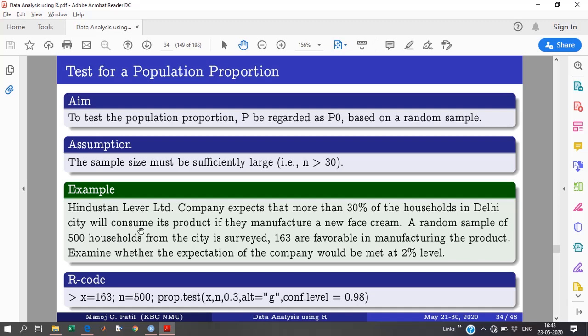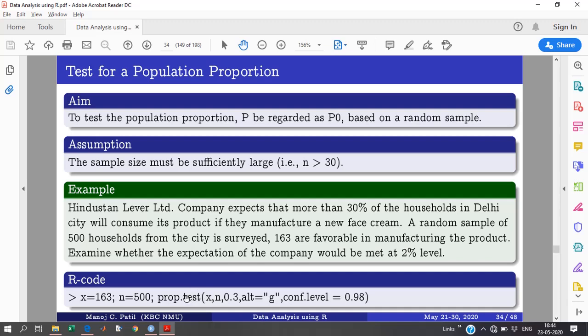As the name suggests, prop.test, x, n, 0.3. Alternative is greater, because they have expected more than 30%. So the value to test is 0.3, and the confidence level is 0.98. Just simple. In all previous cases, we have done t.test and put observations here. Now we have to put prop.test and just verify the claim.